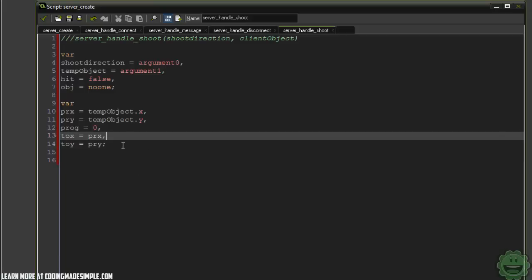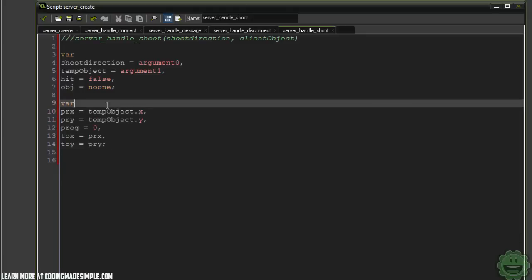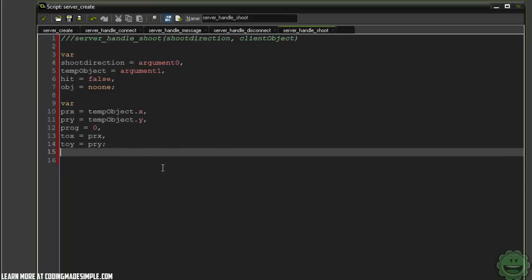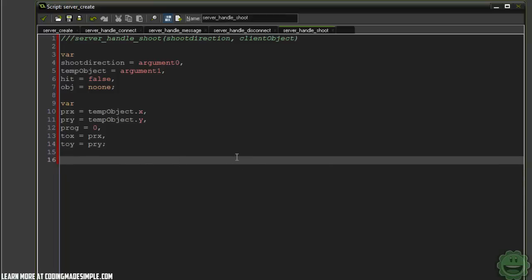Now remember, I know some people are having some problems before, make sure these are commas. When we're creating variables and we want to create a lot of variables, we space them out with commas, not semicolons. Alright, so here we're going to say with temp object,